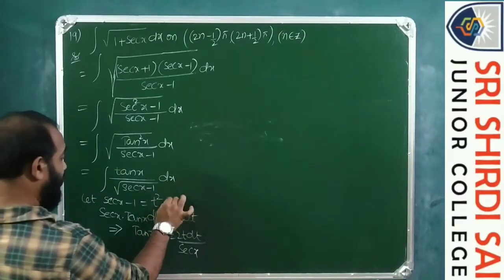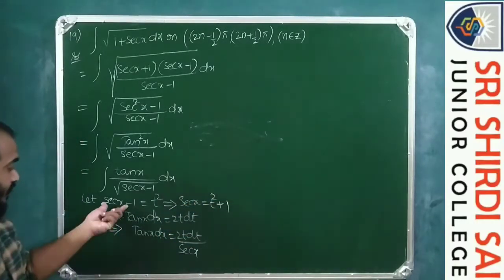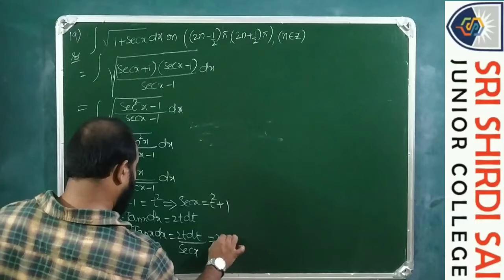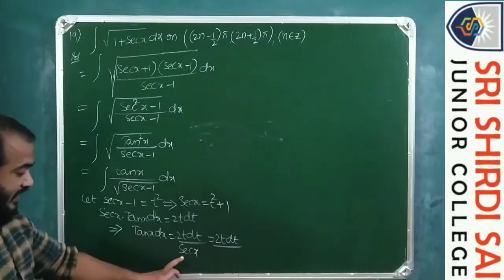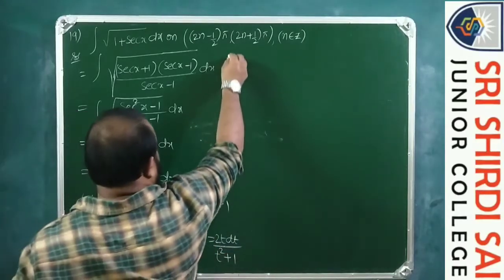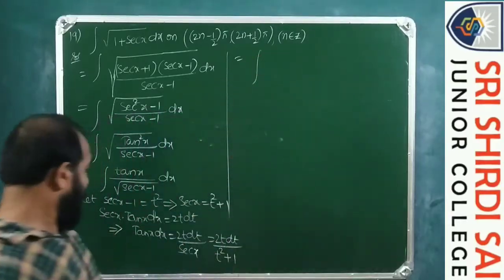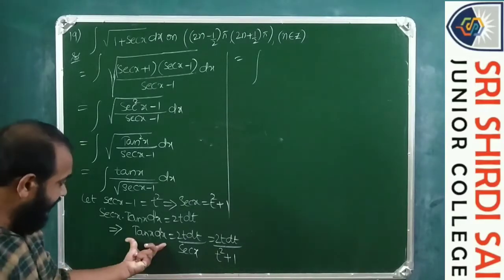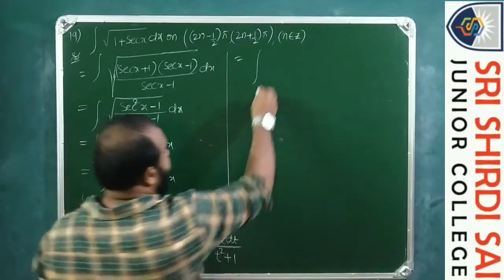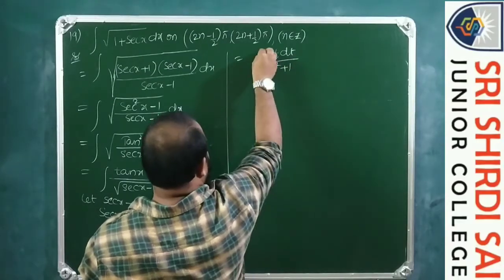So from this, secant x is equal to t square plus 1. So this is equal to 2t dt, where secant x is replaced as t square plus 1. This implies integral tan x dx is 2t dt by t square plus 1. So tan x dx is 2t dt by t square plus 1 by